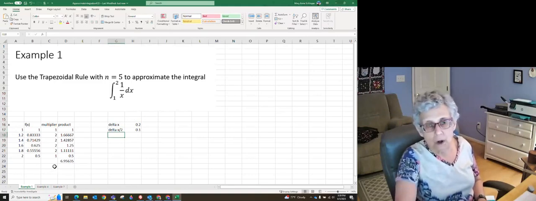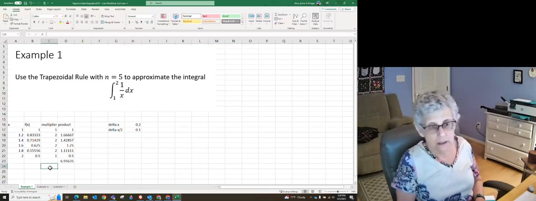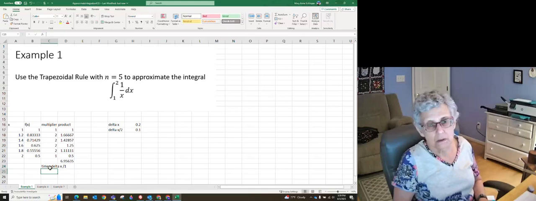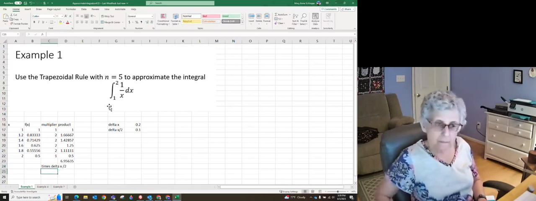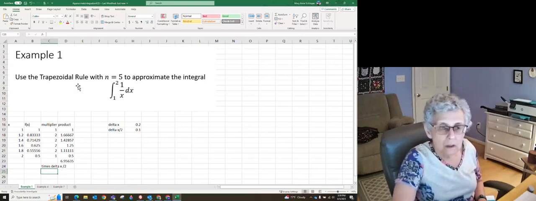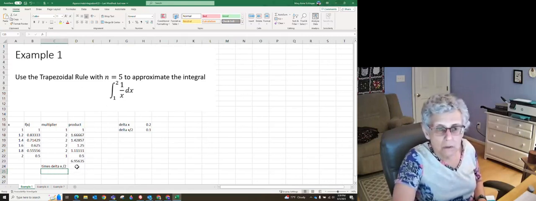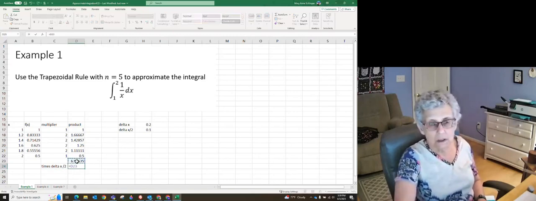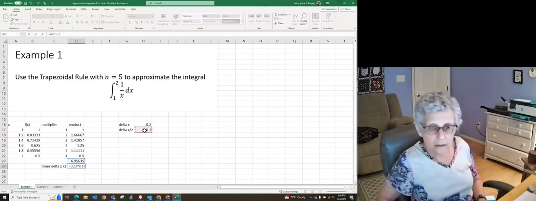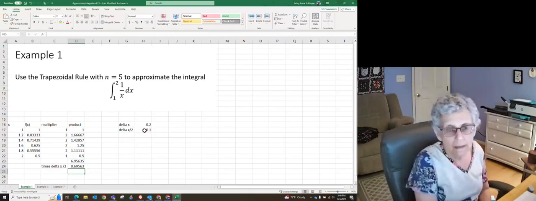So we want to multiply, so let's say times delta x over 2, over 2, not 1. And let's make that row column bigger. So equals this times that. And that gives me